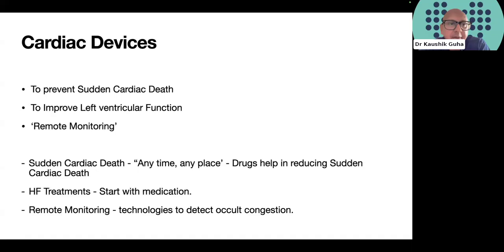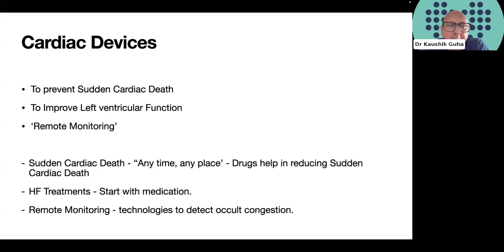The second is to improve left ventricular function and to be classified as a heart failure treatment. There is a third emerging class due to novel technology and digital pathways about remote monitoring. So we have to have in our minds that a patient who has heart failure does have an increased risk of sudden cardiac death compared to the general population, even if they are treated. And sadly, we see these stories within the national media, both within the general public and potentially celebrities, where sudden cardiac death can happen out of the blue, even if the patient was stable.